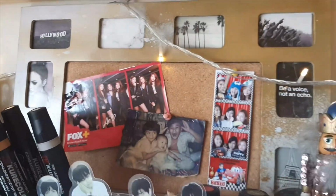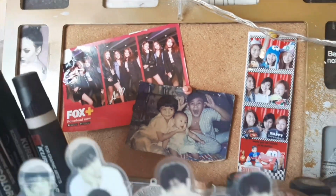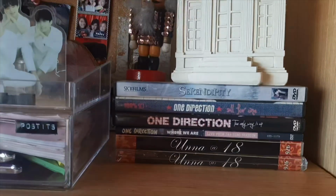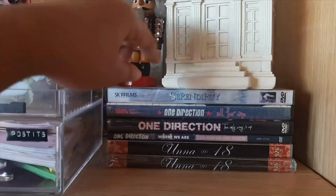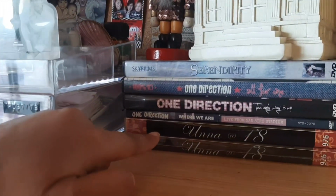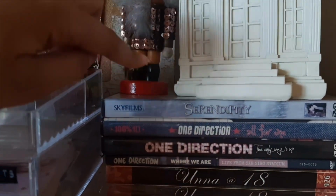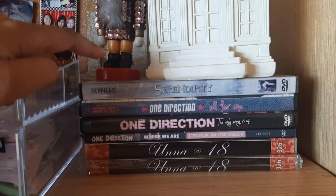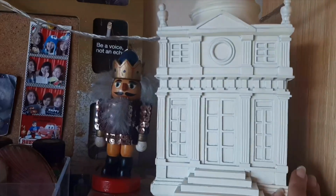Behind here is an old cork board that I spray painted with gold. And at the lower part here, I have my DVD collections. I have the DVD for my debut, One Direction tour DVDs, and my supposedly favorite film of all time, not anymore. And on top of it, I have the money bank